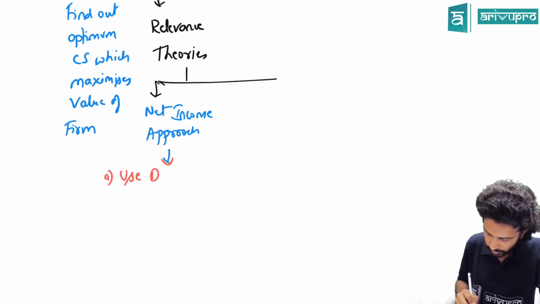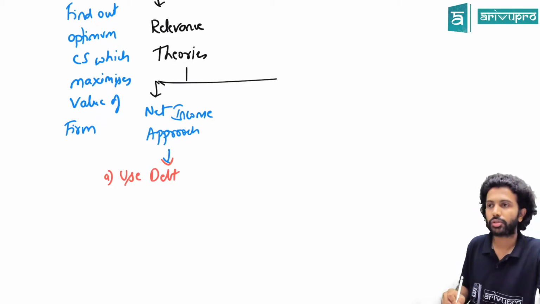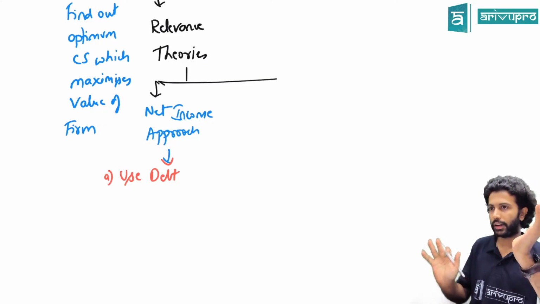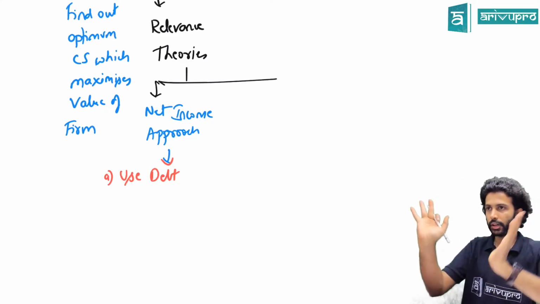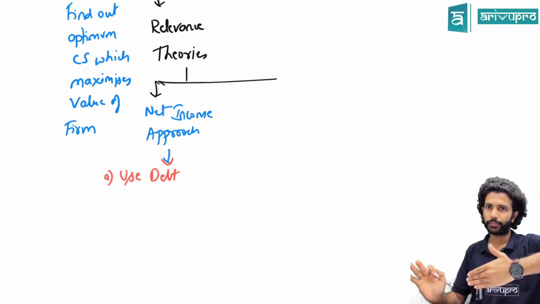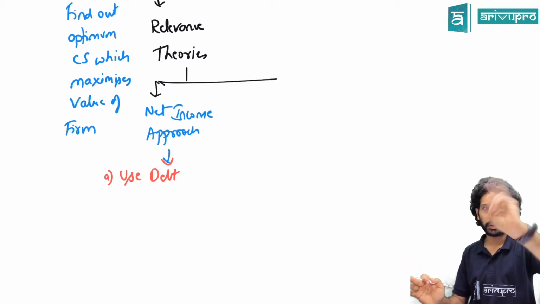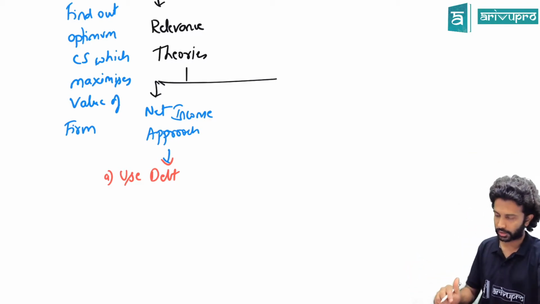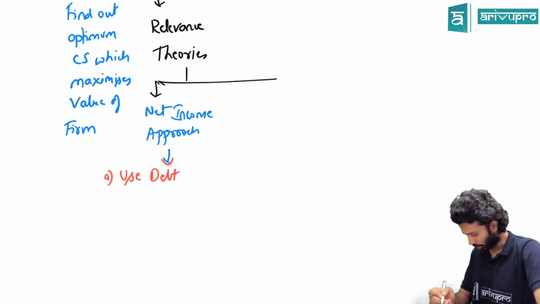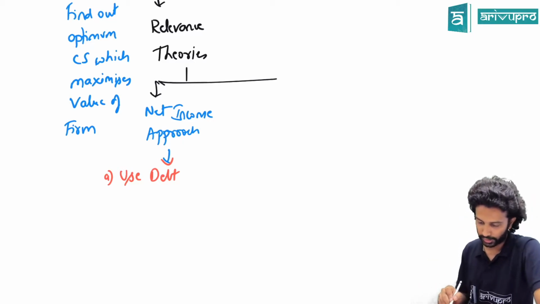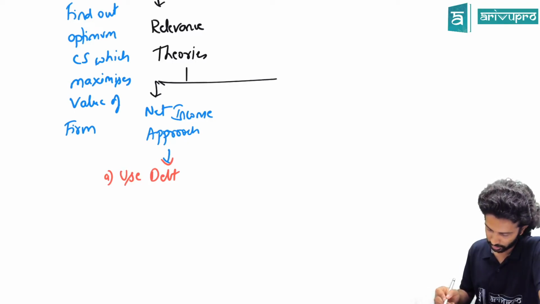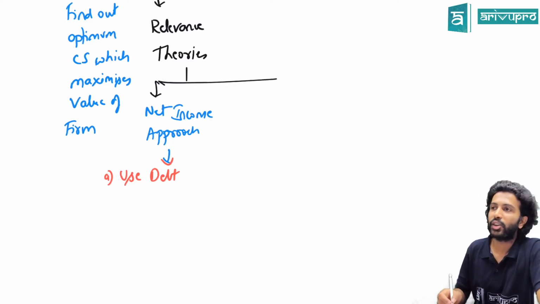Use debt. This can be big, so tilt your books and write, and ideally keep 2 pages. First complete that page and come for this. It might be in 2 or 3 pages depending on your font size and your adjusting capabilities. You have to do jugaad. Good at jugaad, 2 pages. Otherwise maybe 10 also, who knows. Okay, use debt